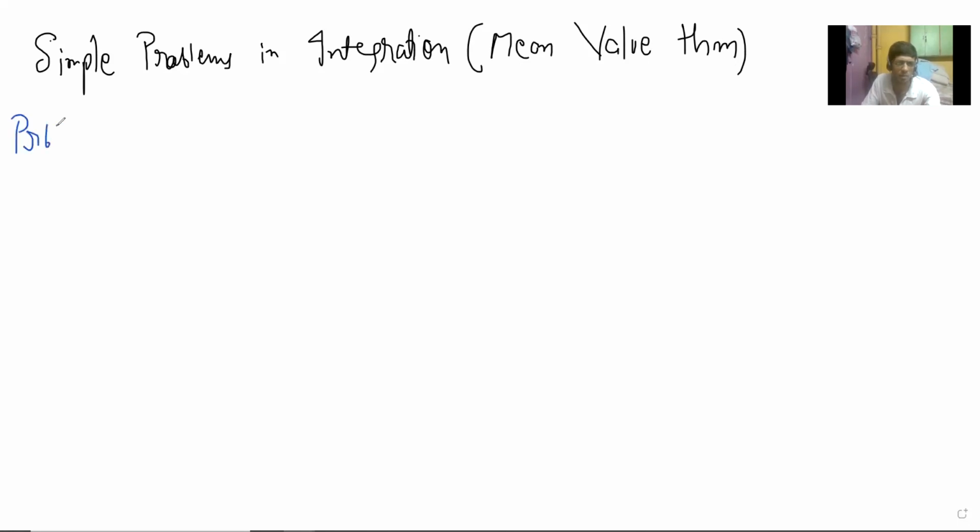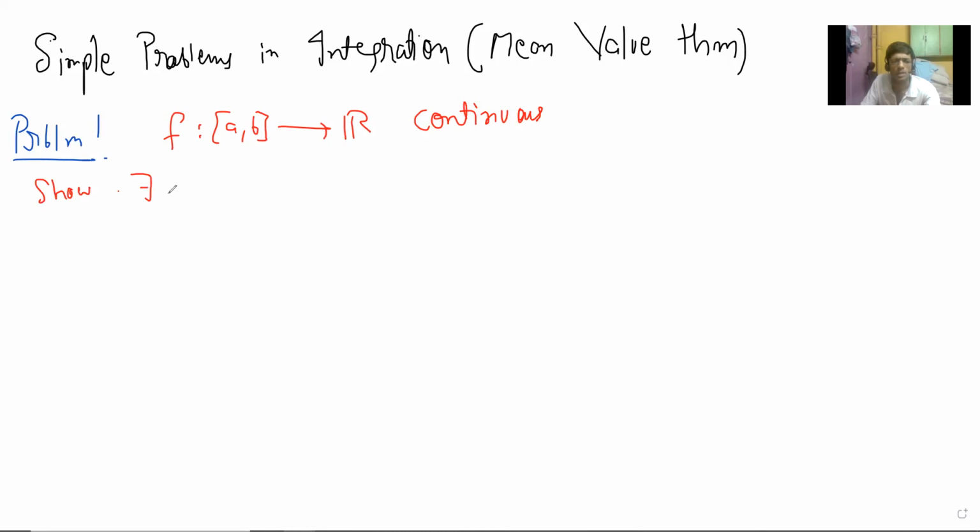Let's begin with problem 1. It is about taking the mean of a certain function. So f is a continuous function from a to b. We have shown that continuous functions are integrable. So this function, and we want to say that, show there exists a c